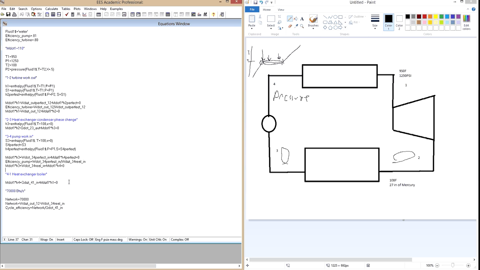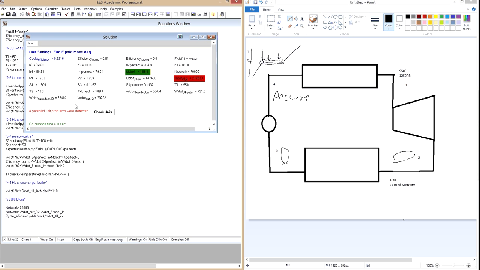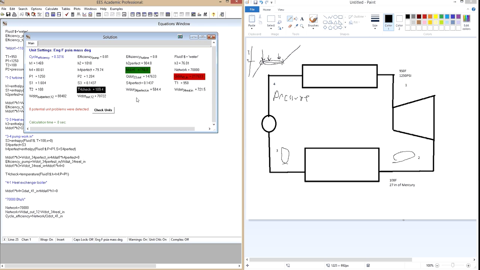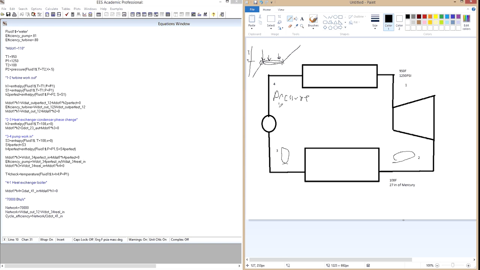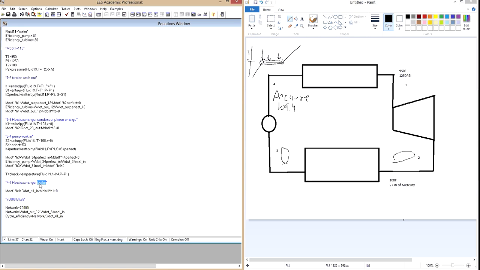So sometimes after my equations, I'll throw in some checks, and I could even write this as T4 check or test to draw my attention to it in the equation screen. T4 check. I would go back to my diagram and I'd write 109.4 when I hand this in to Dr. Hegge. He'll be able to look at my diagram, he'll be able to look at my code, and if he wants to look at the 3 to 4 pump work in right here, he wants to say, how did I figure out that 109.4, and he'll see that, oh, the T4 check right here, temperature at enthalpy 4,